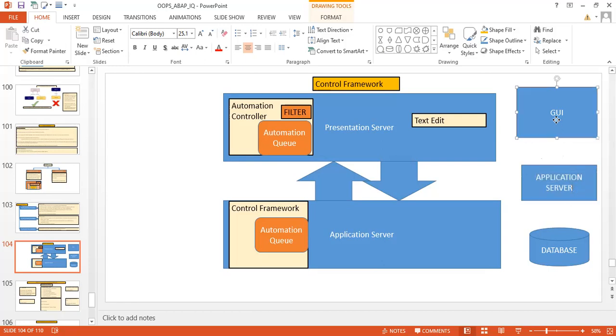If you display them one by one, one by one, it will be time consuming. Again, it depends on the requirement. Suppose you have to display one ALV.